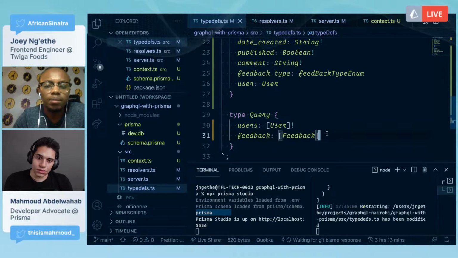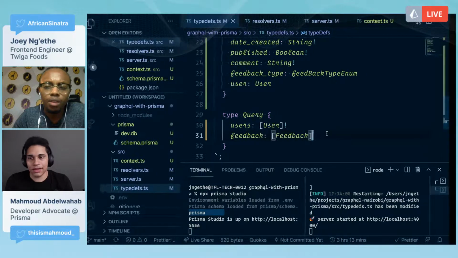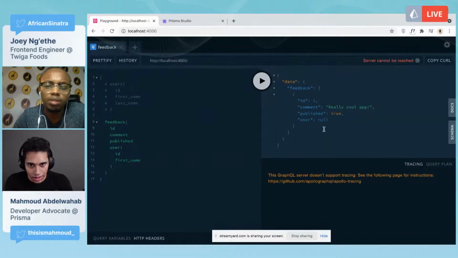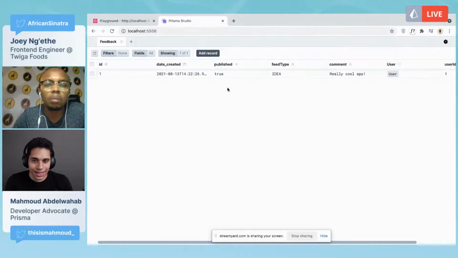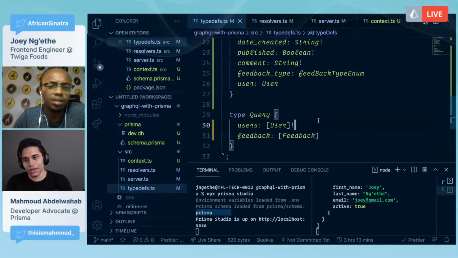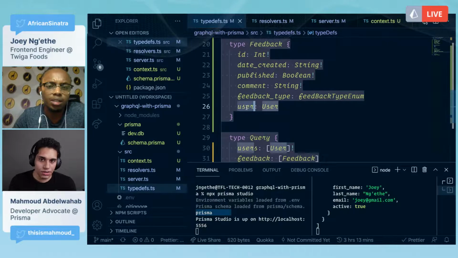Let's see. If we go to the GraphQL playground, it's starting. And looking at the log data, we'll be able to see why this is not even included. Okay, so user here is null for a reason. And I'm guessing, yeah, I think I know the reason. You should rename the type definition in your schema to User, capitalized. So in your feedback type, make the user key also capital.